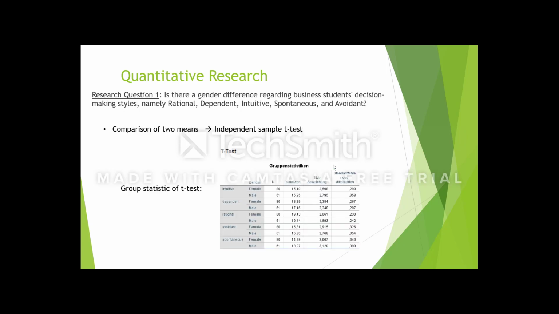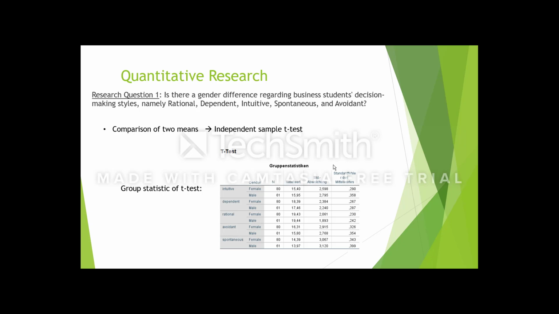Now we came to our quantitative research. For that, we used the given data Excel sheet to conduct the SPSS analysis for two of the three research questions. The first question was: is there a gender difference regarding business students' decision-making style, namely rational, dependent, intuitive, spontaneous, and avoidant? As we want to compare two means, the gender difference and the decision-making styles, we conducted an